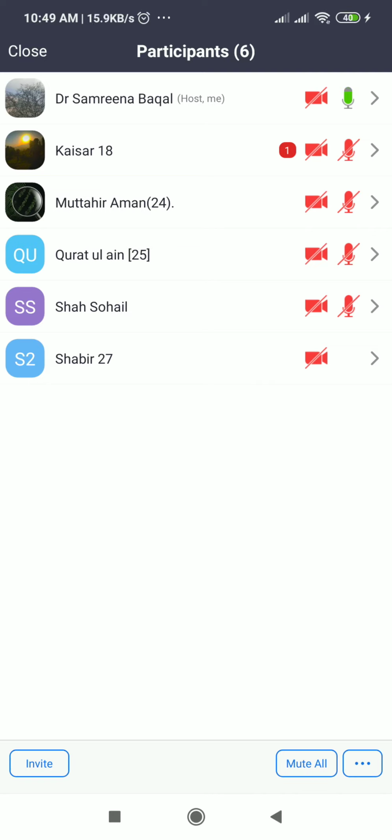These are the three parameters from which we will be able to isolate the DNA. So again I will repeat: suspect's DNA can be deposited on the victim's body, cloth, object or location. Second is the victim's DNA deposited on the suspect's body or clothes, location or object. And third is our witness, and witness DNA can be deposited on the suspect or witness cloth. Second is the object or any location from which we will be able to isolate our DNA.